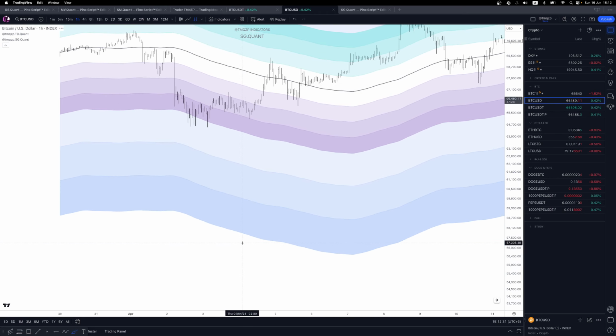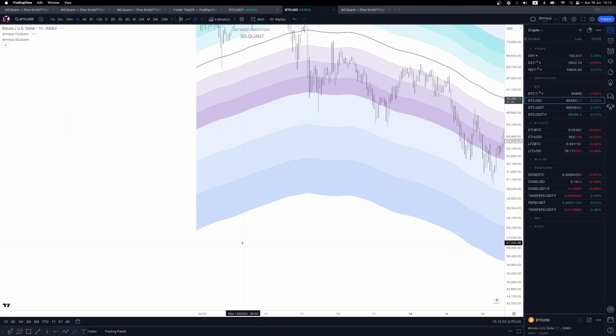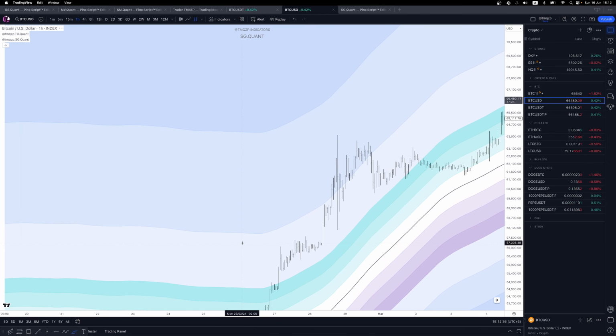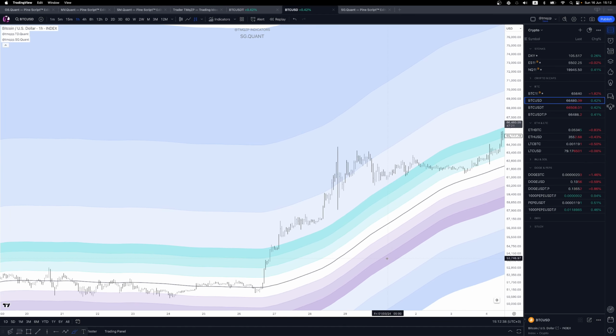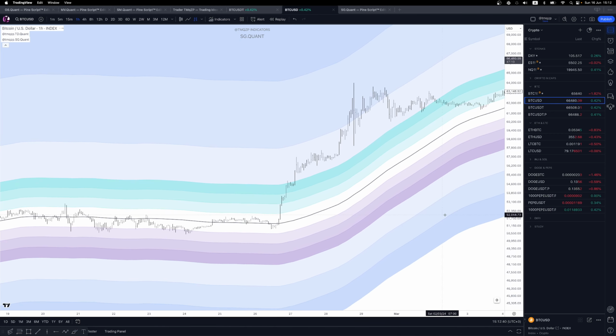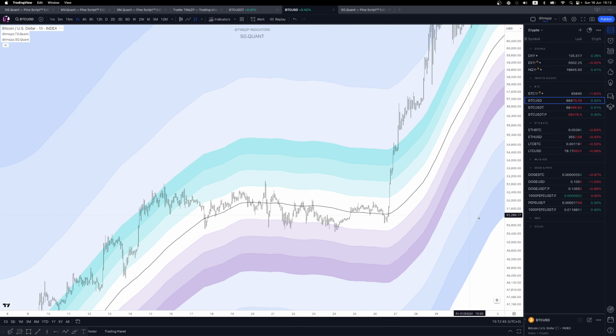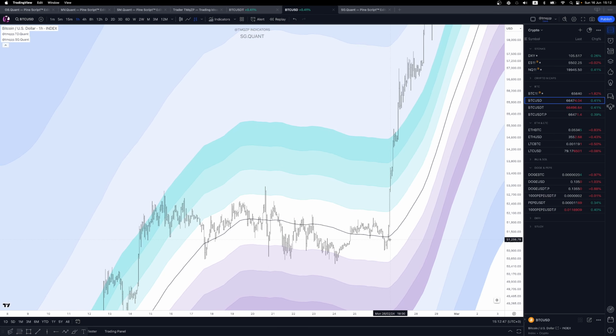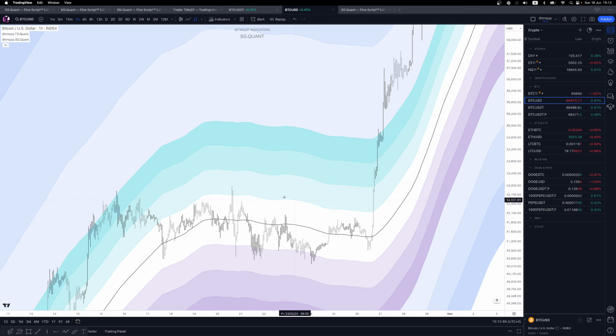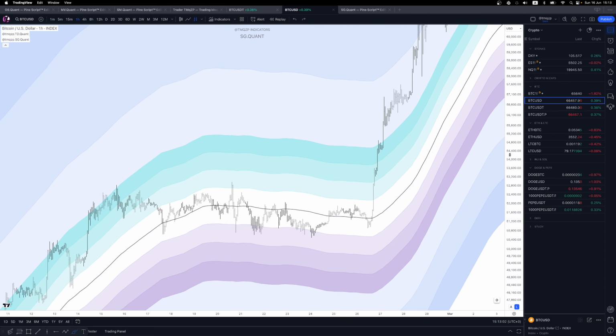And let's find maybe a place where it does this on the opposite side. There you go. So in the case of this, where was this? This is a Bitcoin breakout around 50K, right? We had a long consolidation around 50K, which was a kind of divergent area into the higher green band here. And then once it broke out, it went so hard, so fast that it just completely